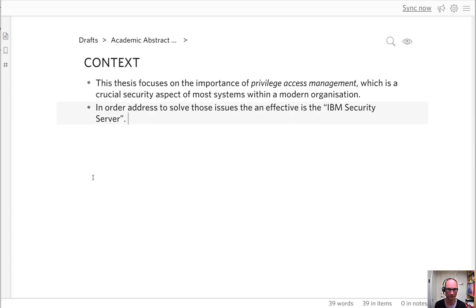Yeah, you should always use a spell checker at the end, but for now I seem to be right. In order to address, okay, so we don't need to say to solve now. So in order to address this,